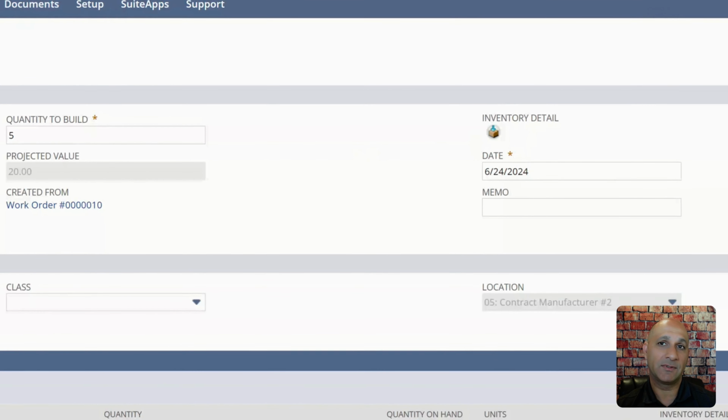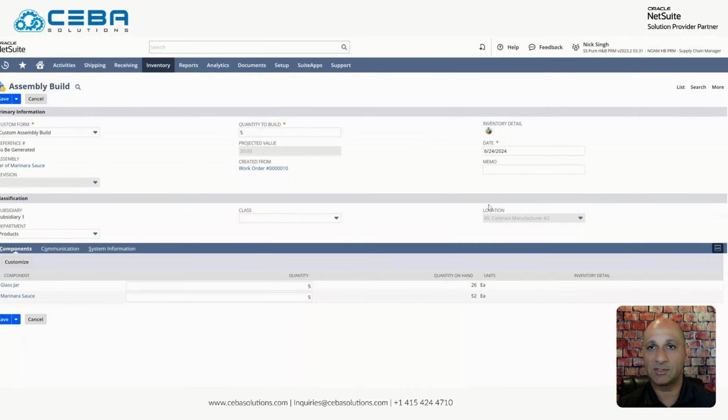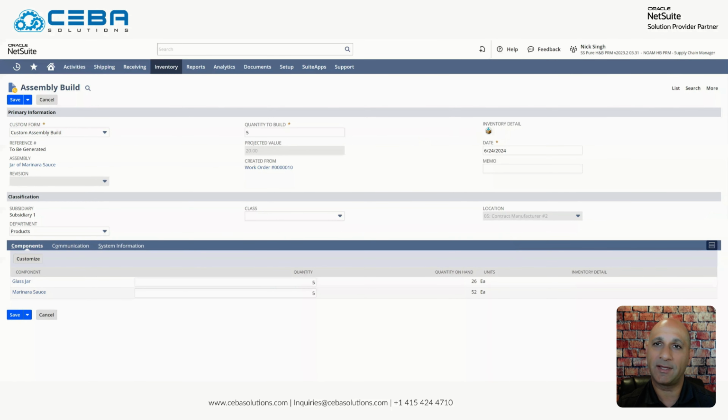So you can also see I've got my inventory detail here. If I wanted to enter any kind of lot information, if this particular item was lot tracked, similar with the component items, if they were lot tracked, I could go ahead and enter a lot number here and use NetSuite's lot traceability to see all of that information. So once I go ahead and save this transaction,